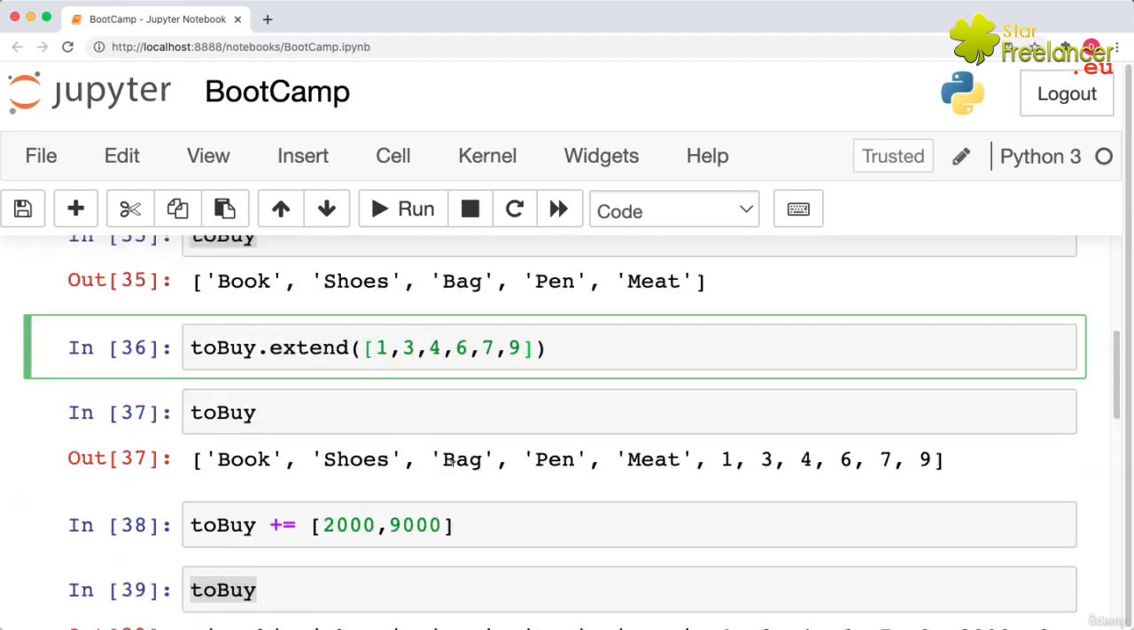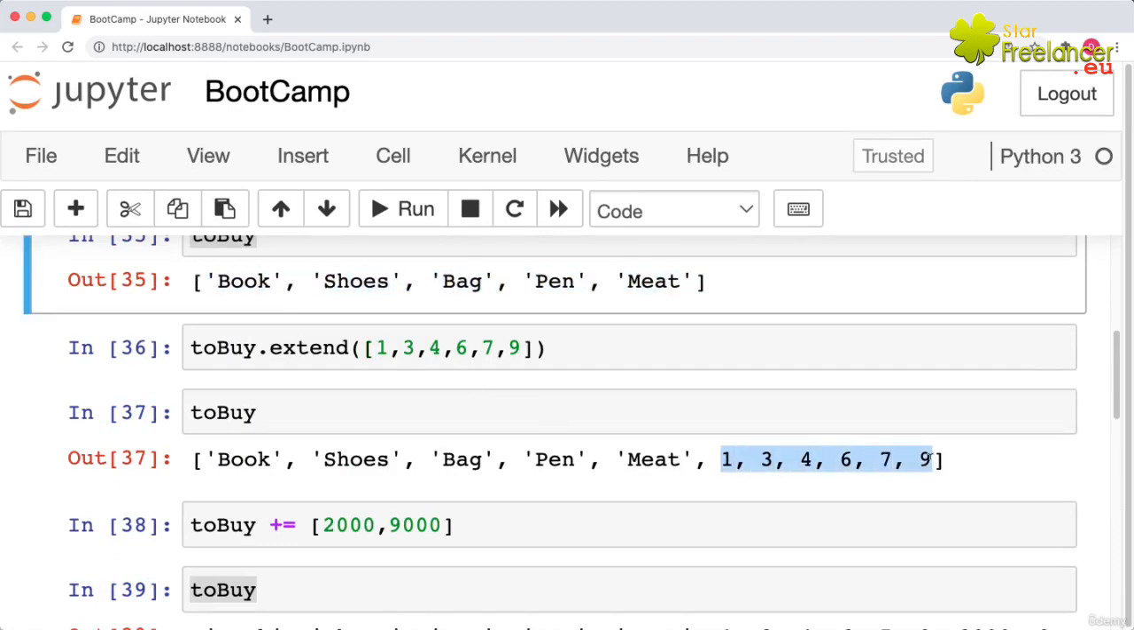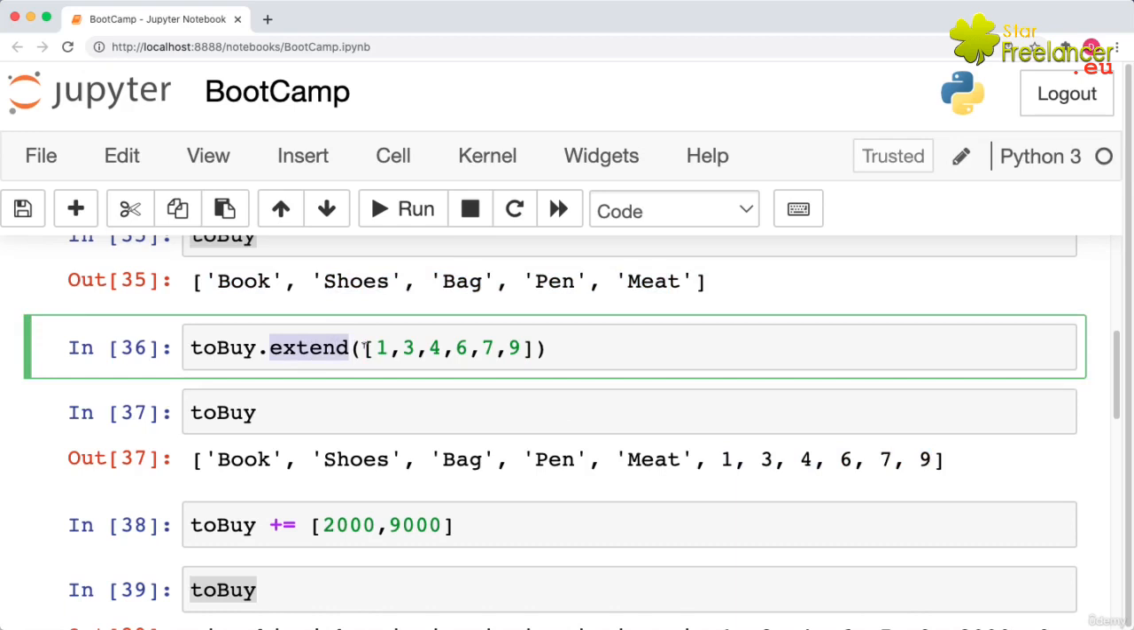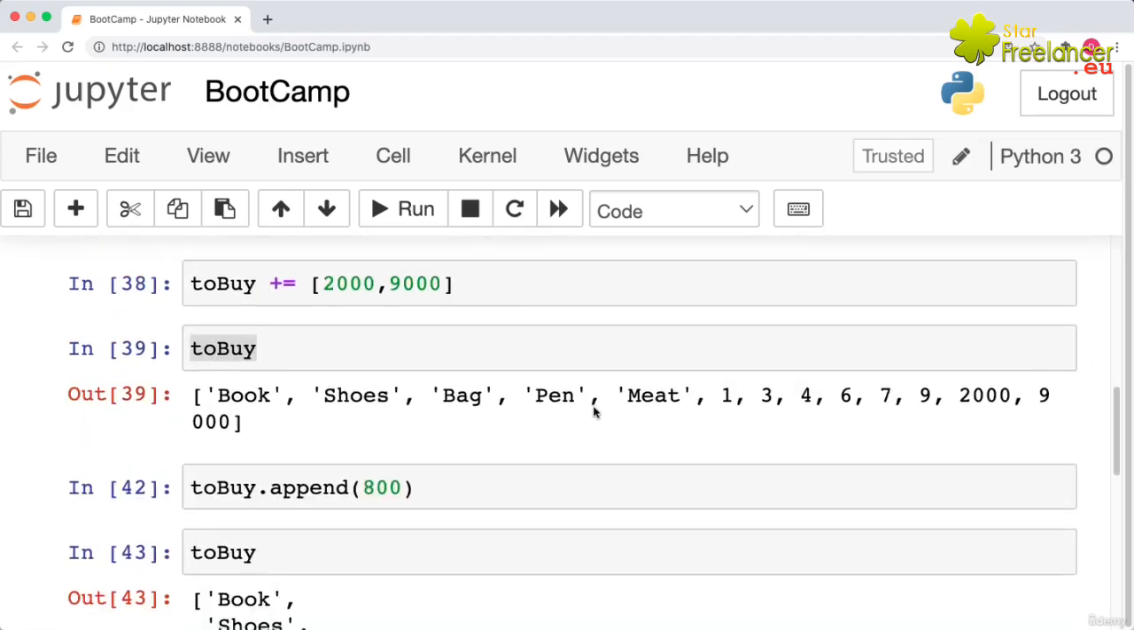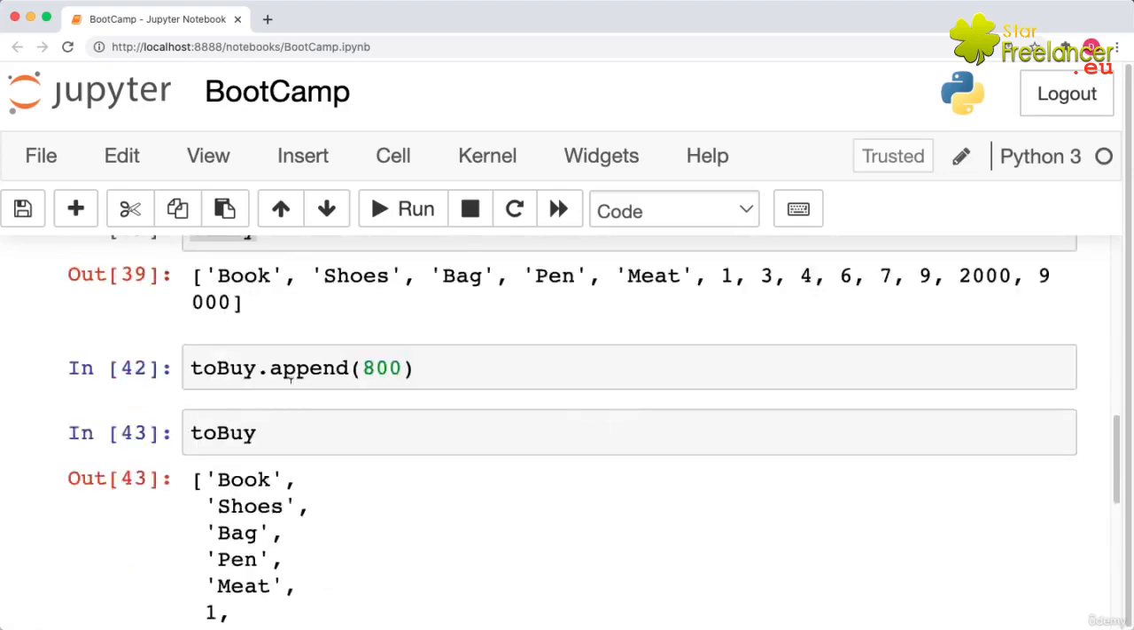Again, if you want to extend an existing list, you can put more to it by using the extend method. Put the list of values. But in case you desire a nested list, all you have to do, go back to